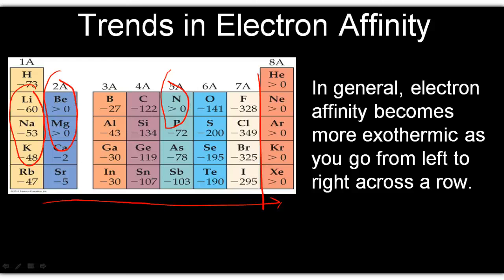But beryllium, why is it not advantageous for beryllium to accept an electron? Well, because beryllium is in an S sublevel, and it already has 2 electrons there. So for it to take another electron, it has to place it up into the P sublevel. So that is definitely not something that's advantageous. It requires an energy input. Look at the difference between